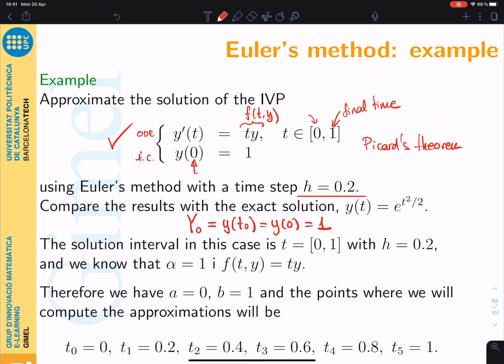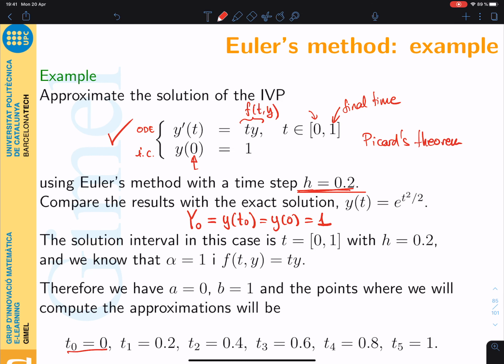The first thing is to decide which are the other points, and that is done using the value of h that was given to us. Okay? So, if I have a step of 0.2 and t0 is 0, the next points will be 0.2, 0.4, 0.6, 0.8, up to 1, because 1 is the final time. So the objective here is to find